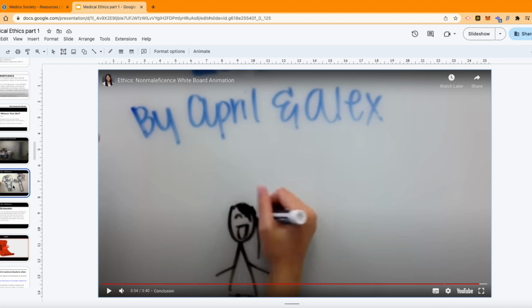Not trying to perform a procedure for only monetary gain as well. That's not something that should be happening if you have an ethical healthcare provider. And can you remember the other one? Also, to not harm, education, consultation. If you are not in the situation that you feel that you can perform it, you can refer it on or take a consultation. So that ties in with the education, doesn't it? Yeah. As well as the impairment.